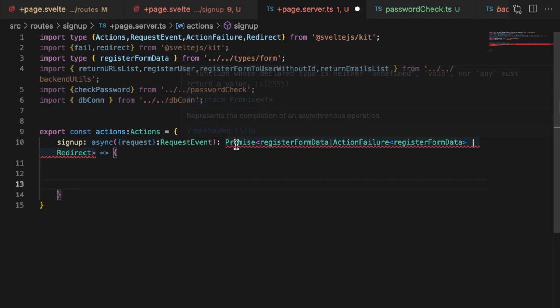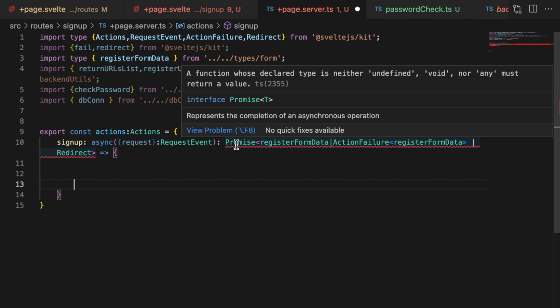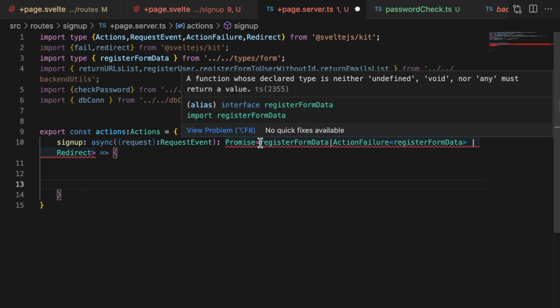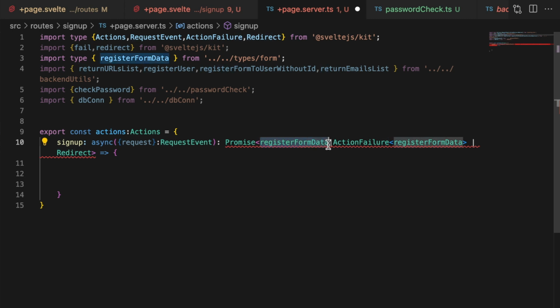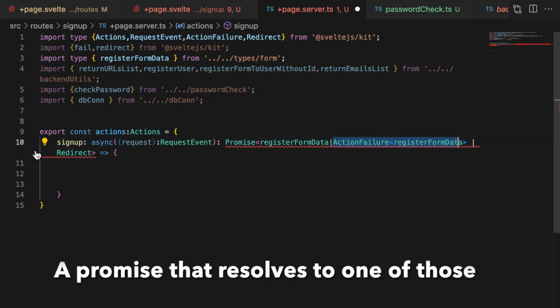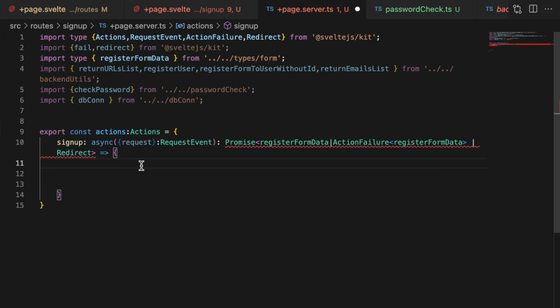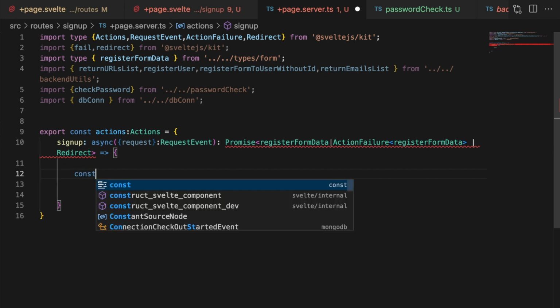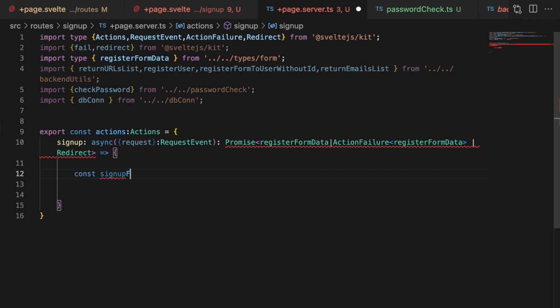And now it's going to yell at me saying, hey, you have to return what you said you were going to return, which is either that register form data itself or an action failure which contains the register form data, or we're going to redirect them. So now let's go ahead and pull out all of our information from our form. So const signUpFormData. Let's be specific as to what we're doing here. We're going to await